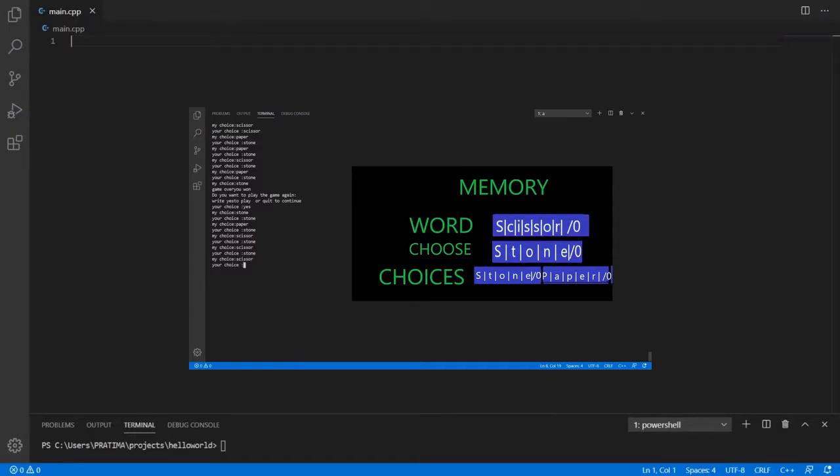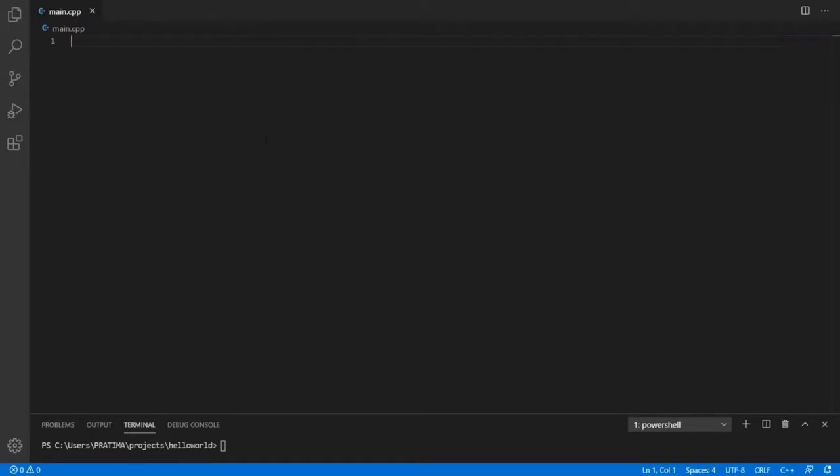To build this game, stone, paper, scissors, first we will import the libraries. These are the important libraries which we are going to use while building this game. As I have already told you in the previous videos, you can go and check it out. If you haven't seen it yet, you are free to go and check on Google more on these libraries, what they contain and what their description formats are. There is one thing you need to understand: this is the basic format which is common and will be very useful to you while building any kind of project in C++.